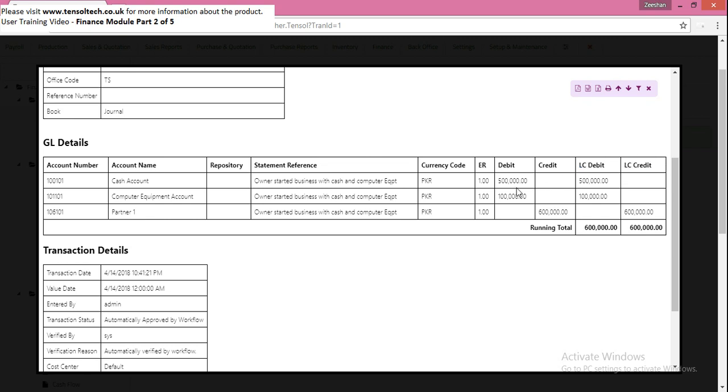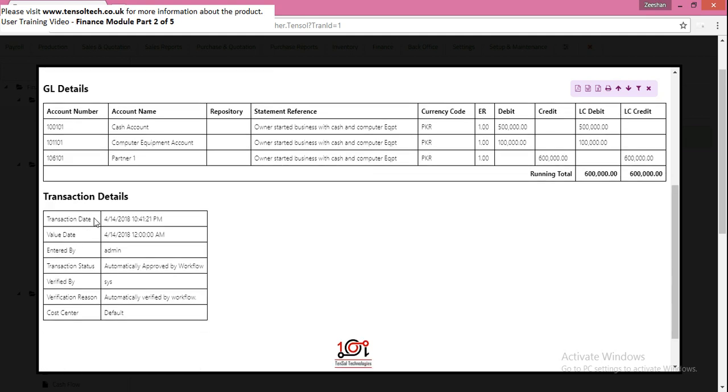So at the moment, because we have only used the same account, which was our local currency account, this is why both amounts are showing as same. I'll show you an example where we can use different accounts with a different currency involved. So then you can actually see the impact on the screen here. And these are some summary information about who verified the transaction. And now you can clearly see that the verified by is showing as system, because the transaction was automatically verified